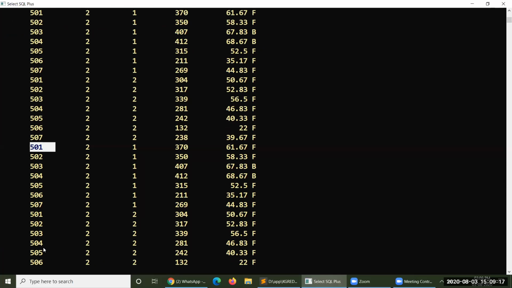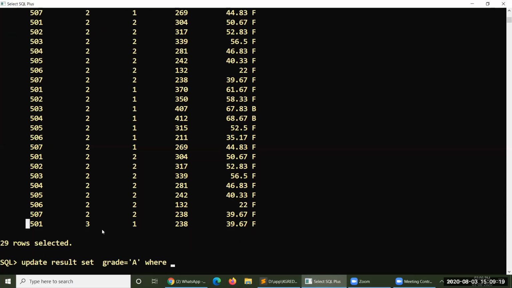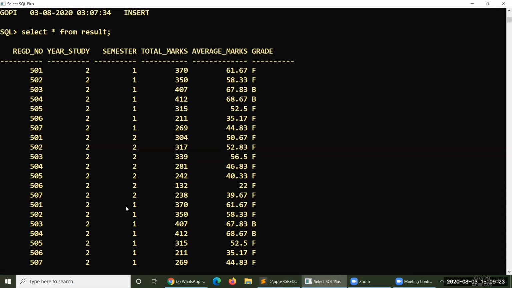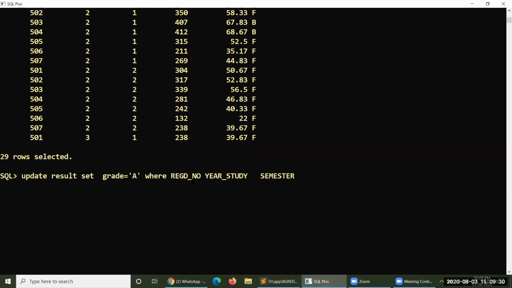So let me take 501 with all these three cases. Okay, all these three here. So where the register number is equal to 501, and year of study is equal to 3, and